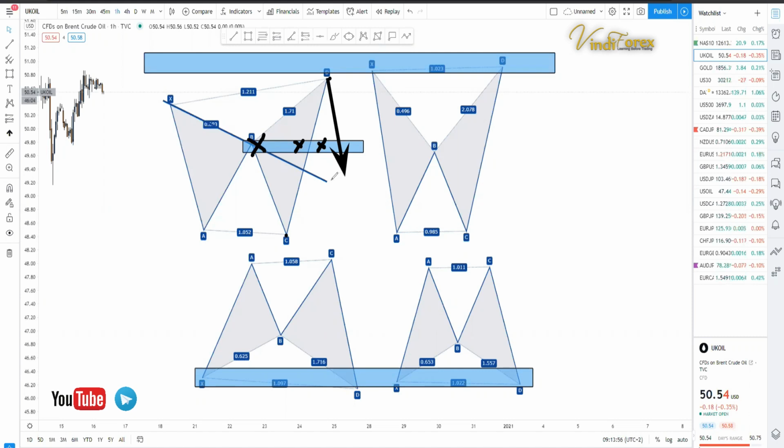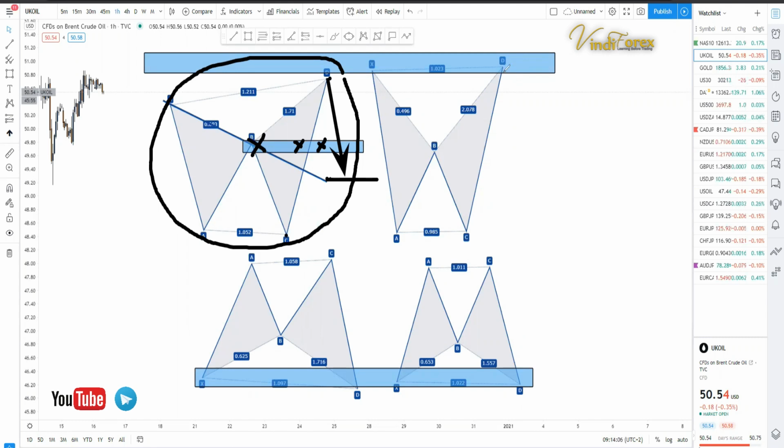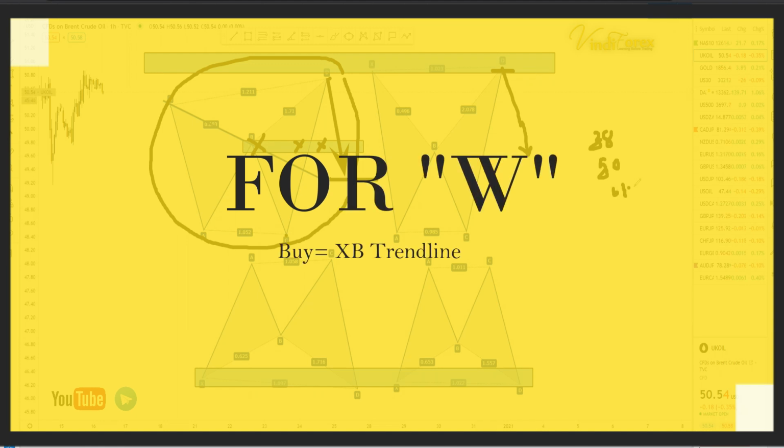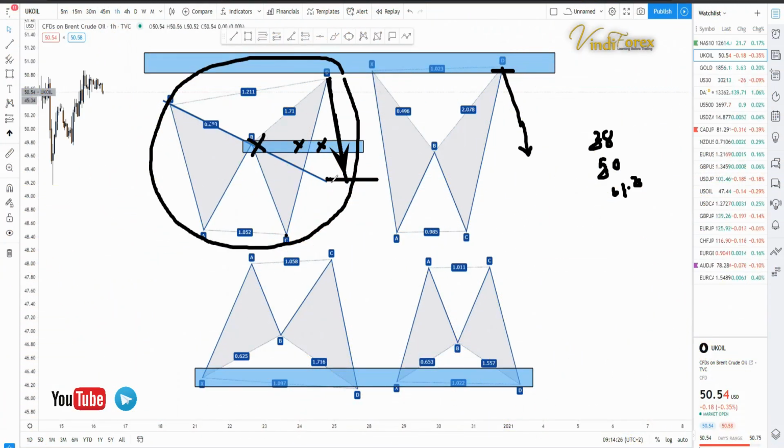Okay, so this is how now you can find yourself buying the W, because these guys who have sold here, by that time you find that they're taking out their profits. I believe harmonic traders look for take profits at 38, they look at take profits at 50, 61.8, somewhere around those points. Okay, which are technically these levels created by B or created by the XB trend line, depending on how steep